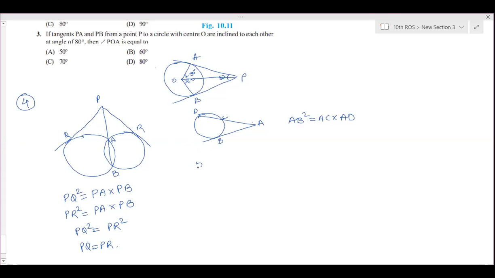Done. Then fifth one is done. Ma'am, what is the statement for the theorem? Tangent secant property. Okay. Tangent secant property. So the square of tangent is equal to the product of the two parts of the secant. Is it? Yeah. Ma'am, I got the fifth one.